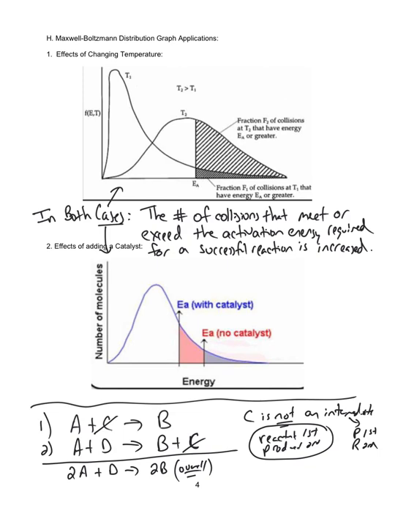C is not an intermediate. Actually, C is a catalyst. And that's what a catalyst does. A catalyst causes the reaction to go a different pathway to get to the overall equation. But it usually causes the mechanism to be more steps, but it lowers the activation energy of the equation, causing